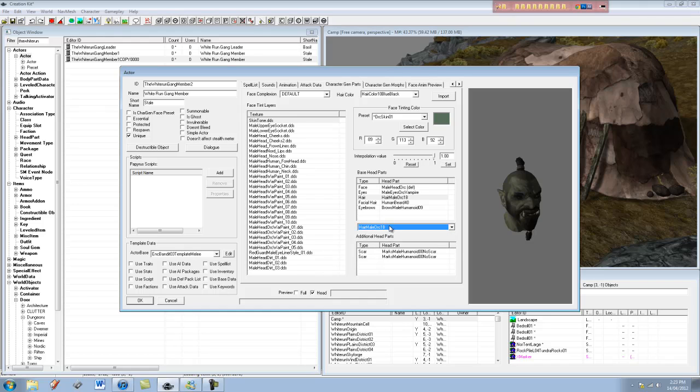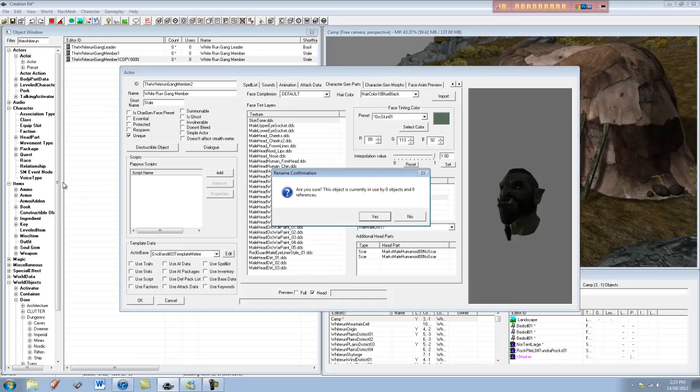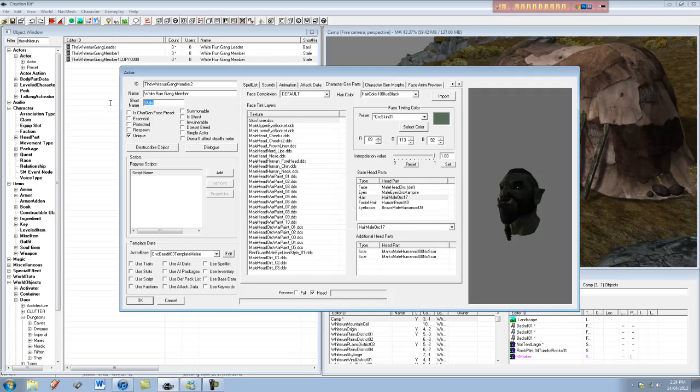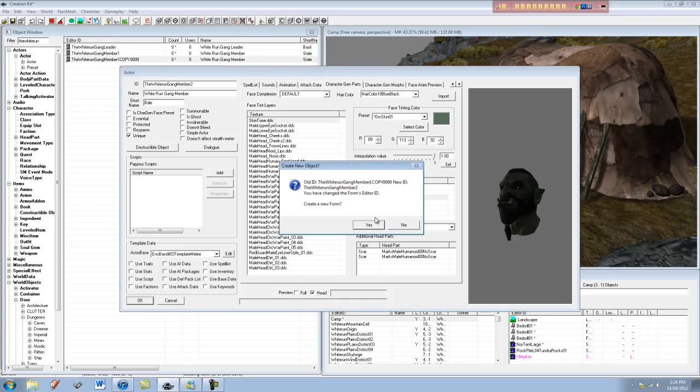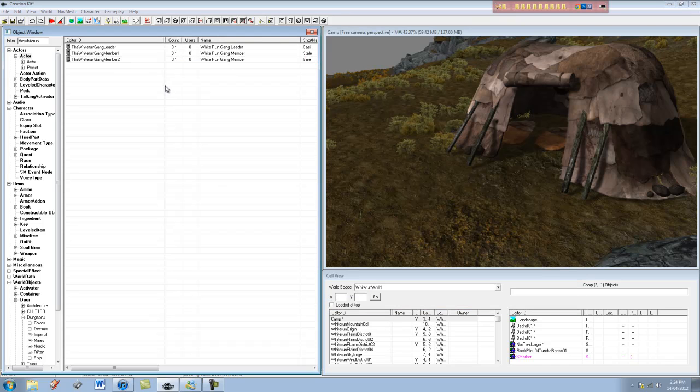So just scrolling through till I find what I like. That'll do. You can obviously put scars and all sorts of things to make them look a lot worse. Hit OK. No thank you. No, because I've got to change his name. He's going to be called Bale. Alright, so now what we can do is drag them out into